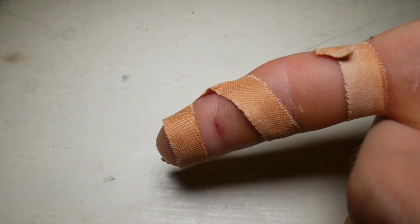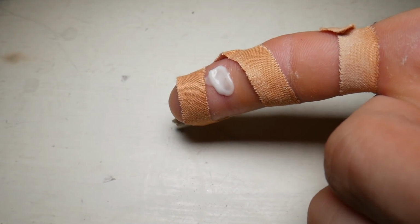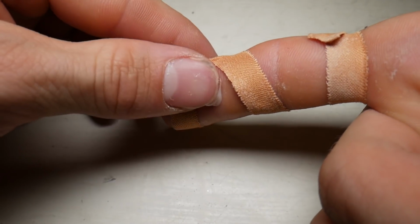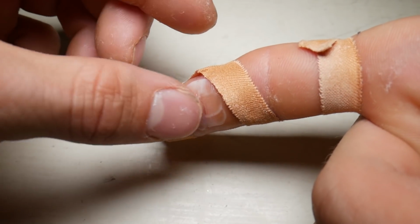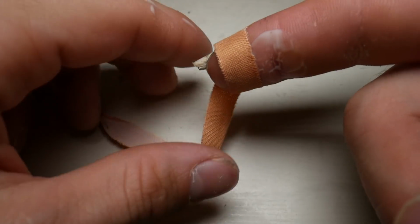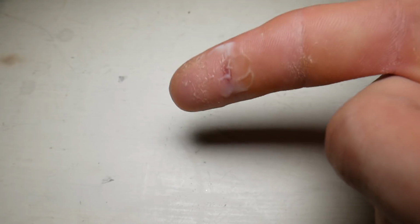When I'm wrapping, I make sure to leave a little space in the tape just where the cut is, and then I leave it exposed to the air with a load of repair balm on it. I think this helps keep it moisturized overnight and avoids the feeling of it being really stiff the next morning. Even with that though, the next morning it's going to be pretty tight, and you're going to want to try